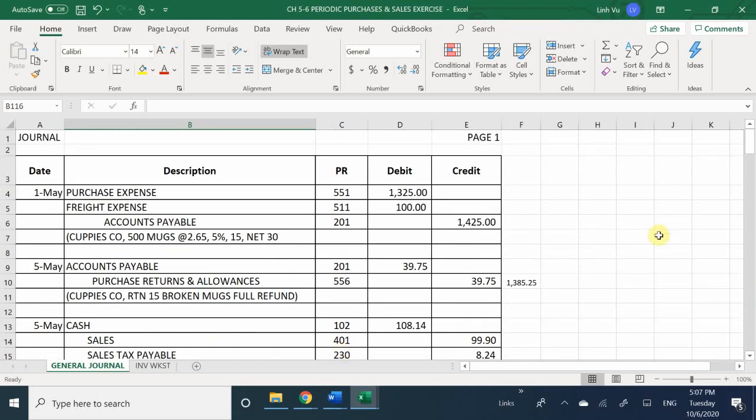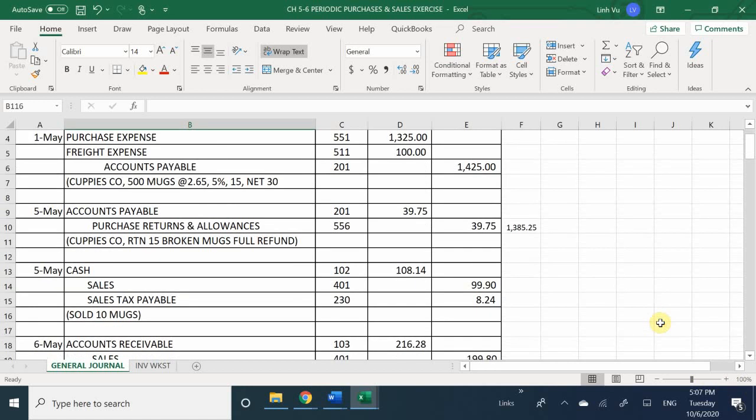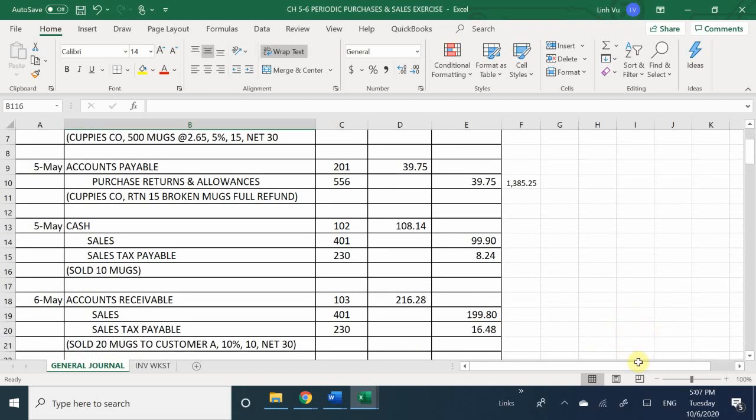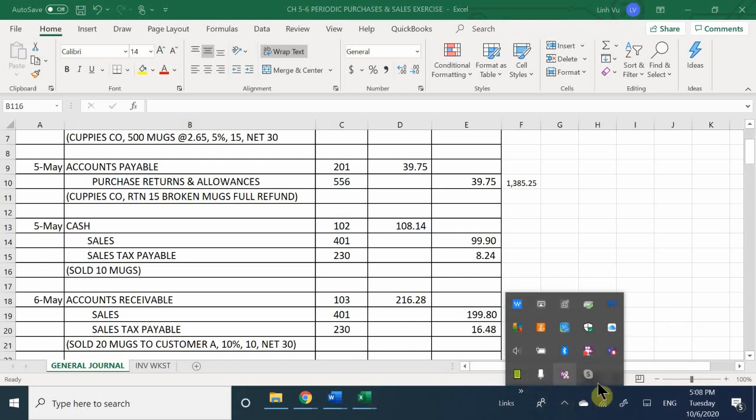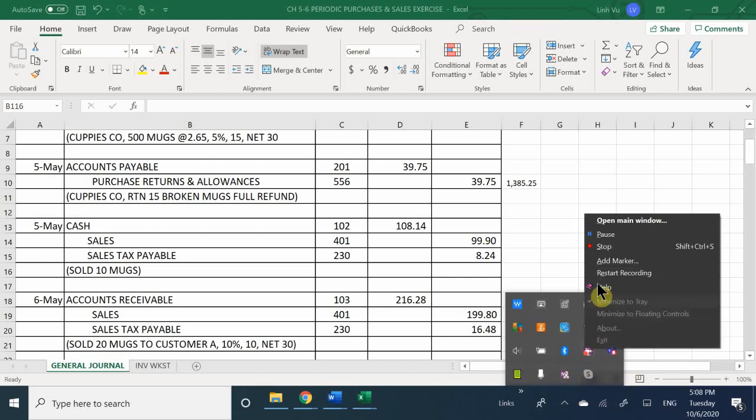For the sake of this exam, I am not going to test you on calculating any of this stuff. I'm only going to test you on the very basics of understanding how to solve for the purchase expense and how to convert it into your goods available. You may see a beginning balance, and that's the bare minimum. I'm not going to give you a problem where you have to do returns and allowances at all. However, you do need to know how to journalize the transaction, so being able to